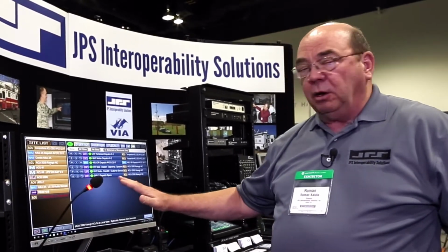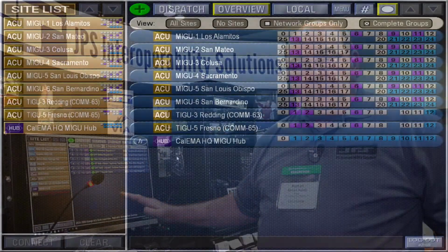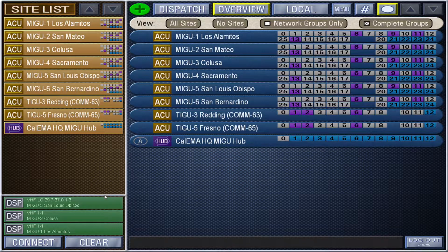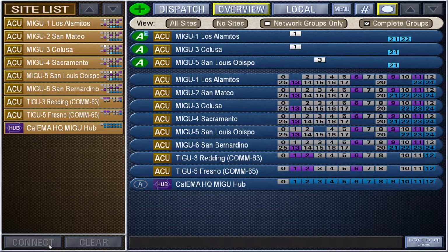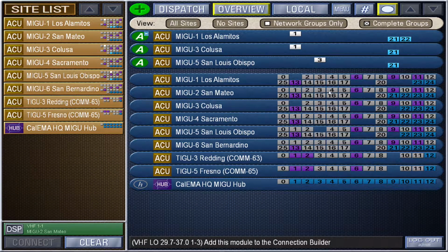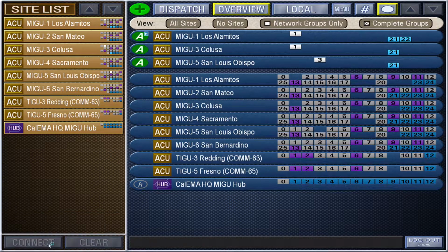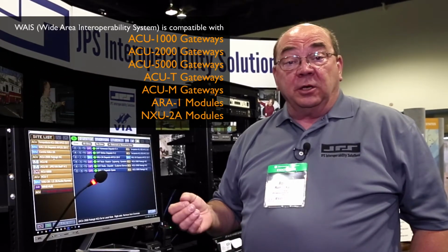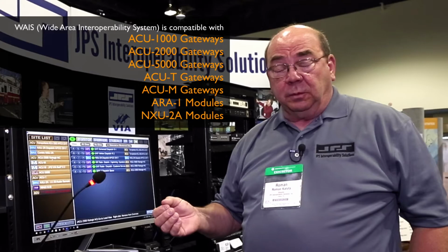Certainly, it performs the best that way, and it's the best in breed to perform that functionality. But the ACU can also be taken into regional and wide area applications where we have a GUI interface and a system that allows remote control of multiple ACUs, as we're demonstrating on the screen here. But we have applications statewide, such as the state of Alabama, or within the National Guard for the GIST systems,